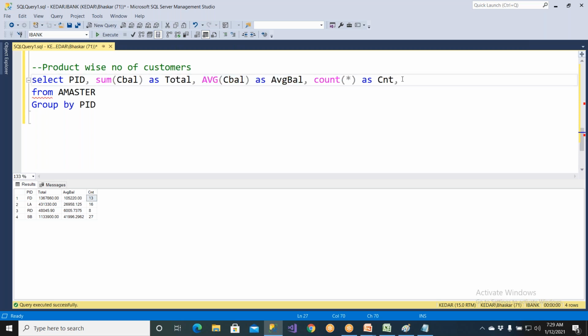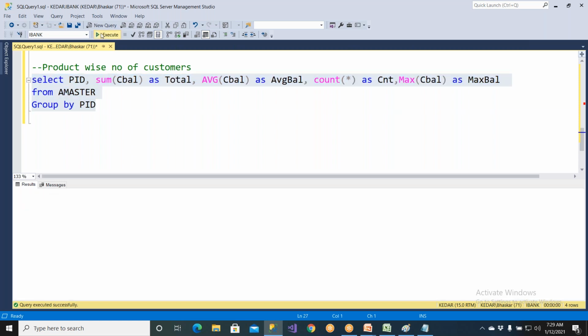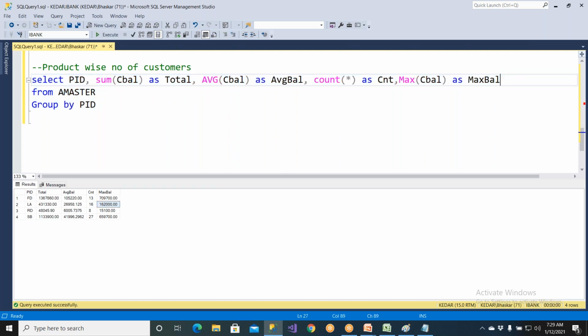Any aggregation function you can have, or what is the maximum balance in this category. So this is the maximum. And what is the minimum? Lot of things you can execute, you can have them. So grouping, then later we can use any kind of aggregation there. Clear? So number of people, I wanted to know, country-wise average income of the people, country-wise average revenue, as part